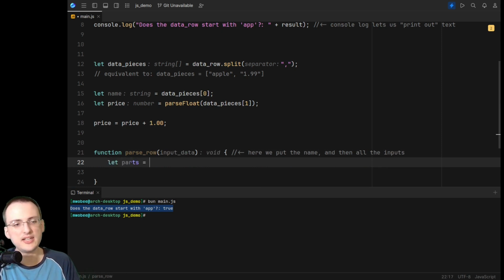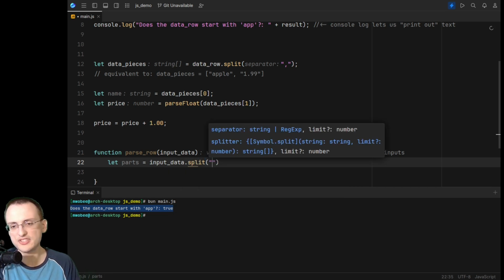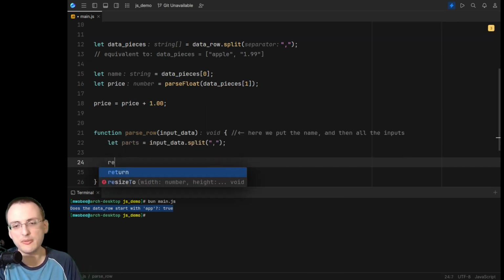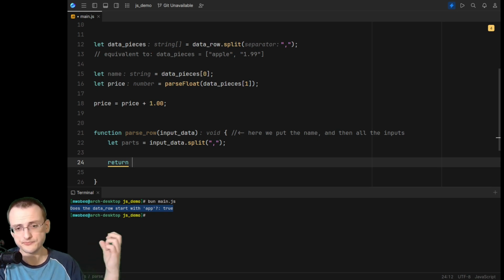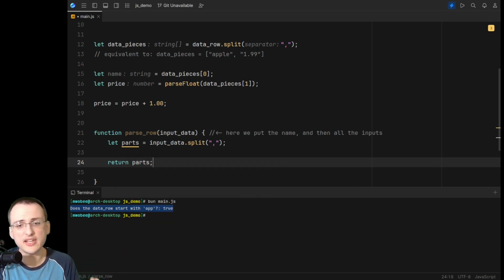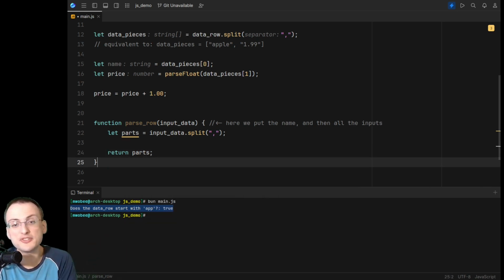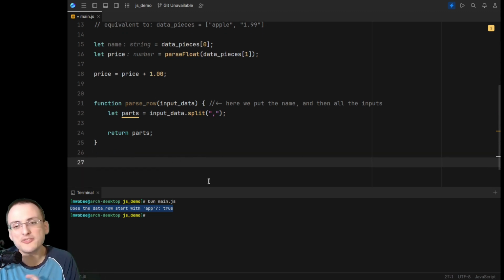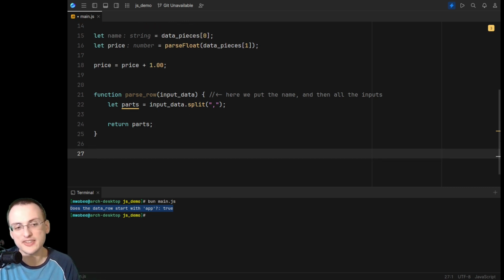Let's say in here, the thing I'm going to do for right now is just say, hey, this is going to split it up. And then at the end of the function, return whatever that thing is that is the final result of parsing the row in this case. So now I've created this function that really is just wrapping the split function. To call this thing,